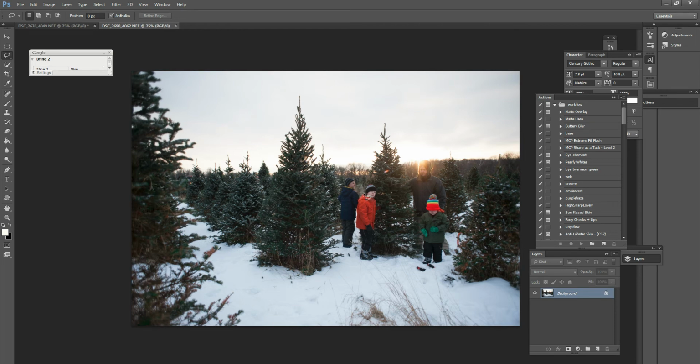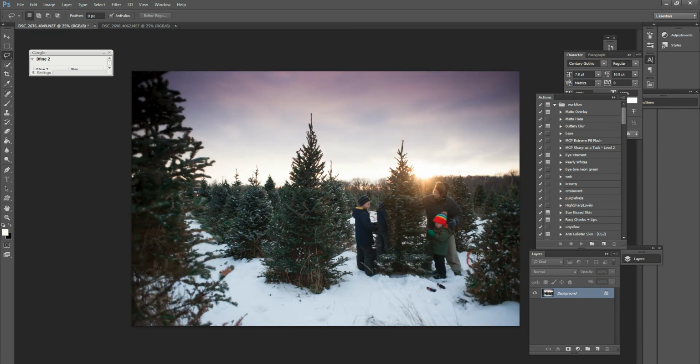And I'm going to come over here, select him, Control C to copy, Control V to paste. Just kind of place him about where I think he would be. Add a quick mask. Now this isn't going to be perfect because the point of this is to be short, but